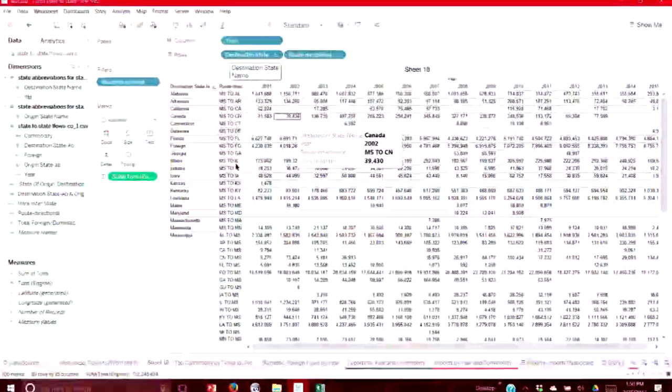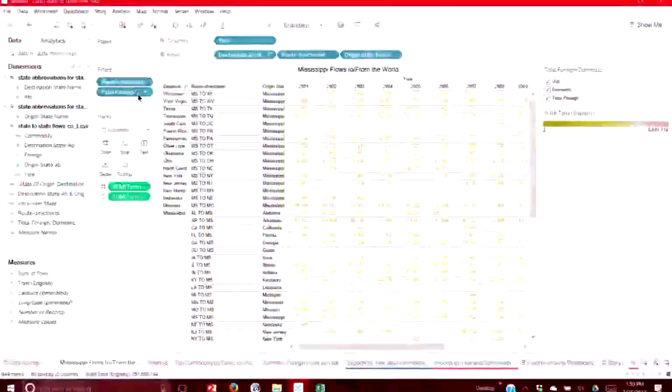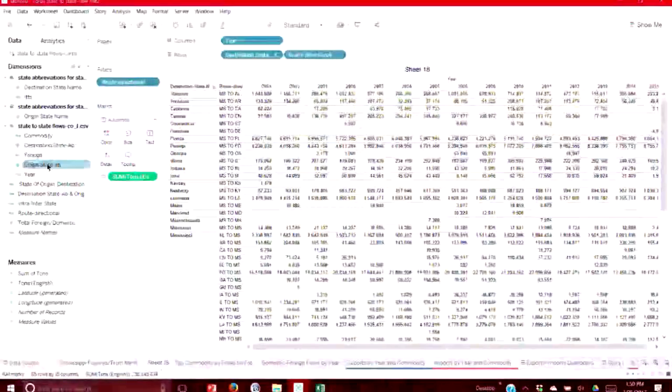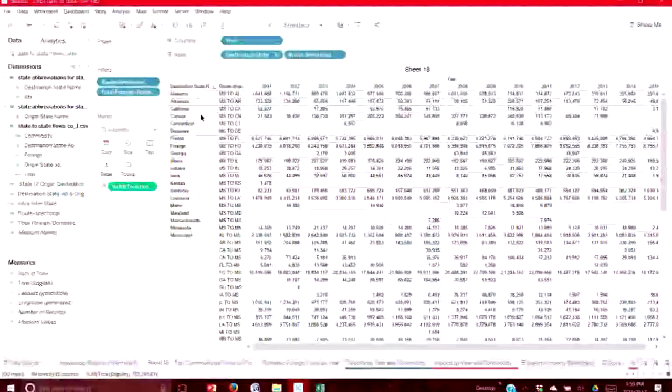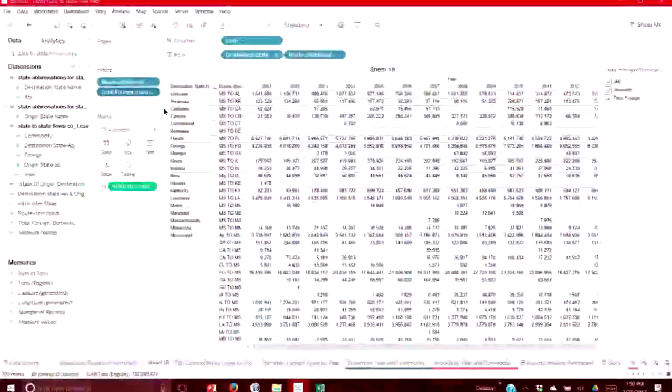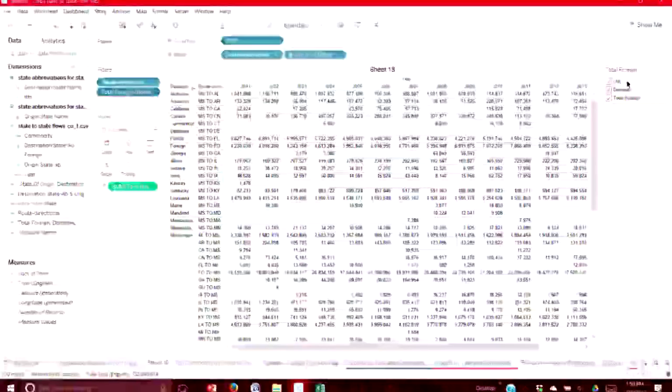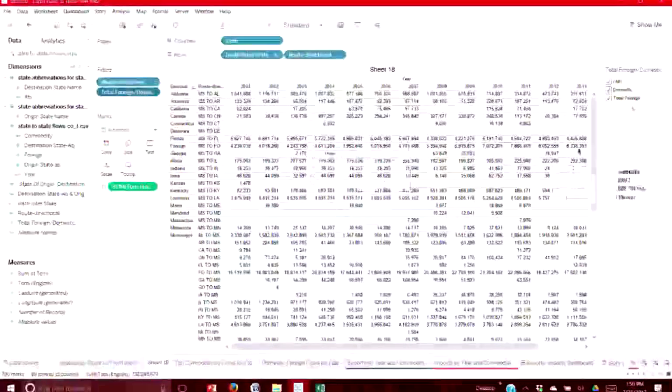So then the next thing I did is I came to here and said, okay, foreign domestic. I drag that as a filter. So both of them are here, and I want to show the filter. Now the filter shows up all the way to the right.